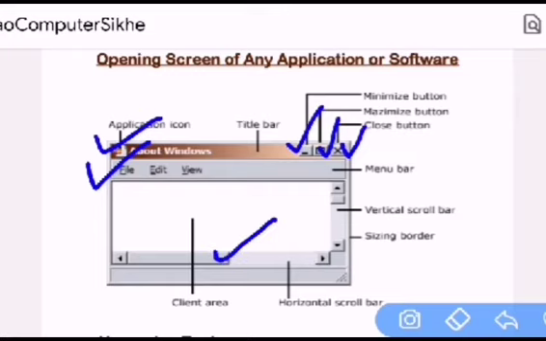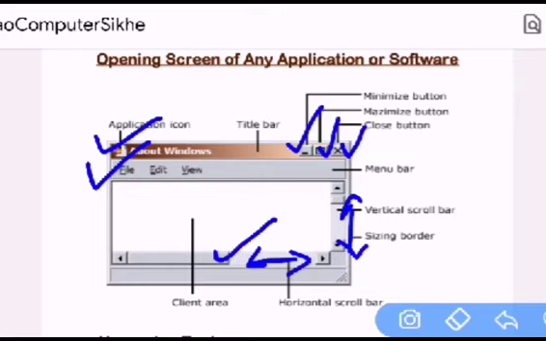These are of two types. First one is horizontal scroll bar. It is used to scroll your page from left side to right side. Other is vertical scroll bar. It is used to scroll your page upward to downward.